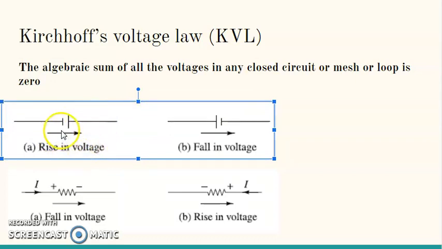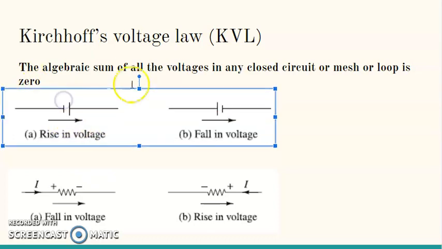If the direction of tracing the closed path for writing the KVL equation is clockwise and the polarity of the voltage source is shown like this, where the smaller line indicates negative and the bigger line indicates positive, then if the value of this voltage source is V, in that equation I will consider it as plus V. If I have exactly the opposite, with the smaller line first while tracing the loop, I will have to write minus V.